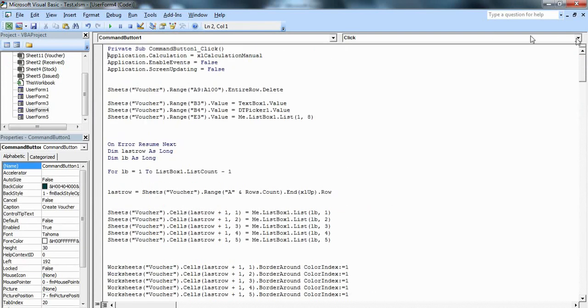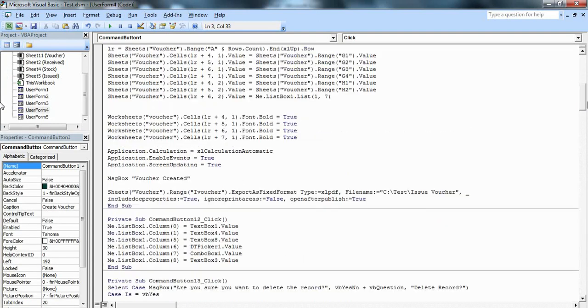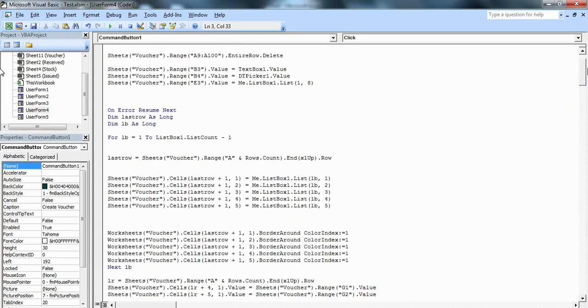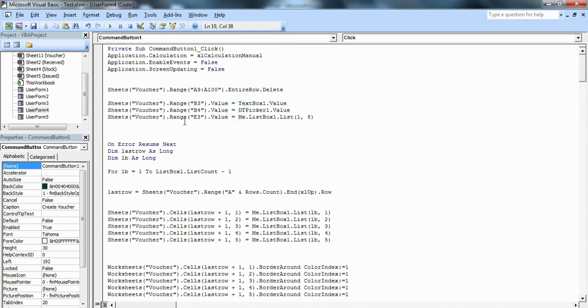First of all, we will deactivate some functions: calculation, enable events, and screen updating, and at the end of this code we will reactivate all of these. It is just to expedite our macro. Okay, then we have typed here sheet watcher dot range A9 to A100 dot entire row dot delete.